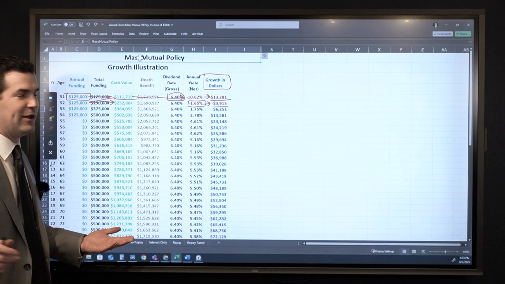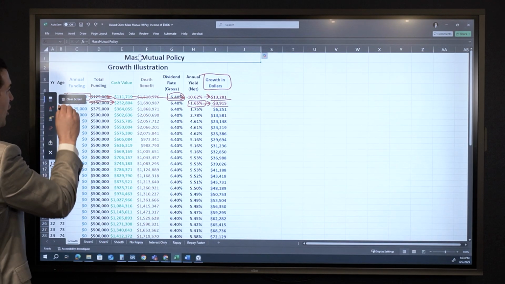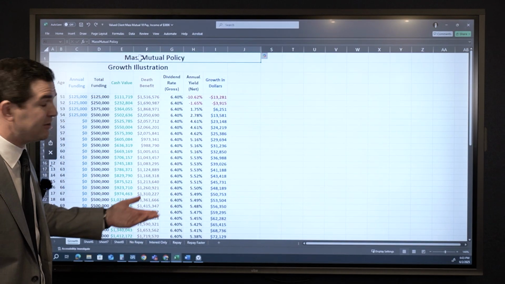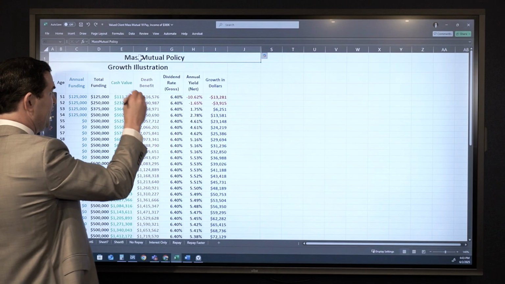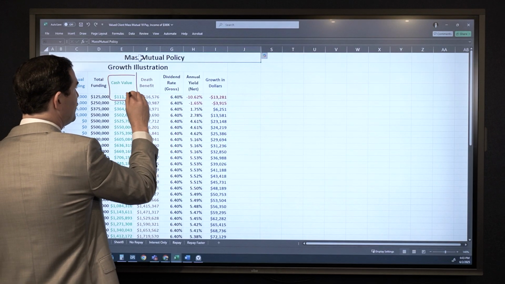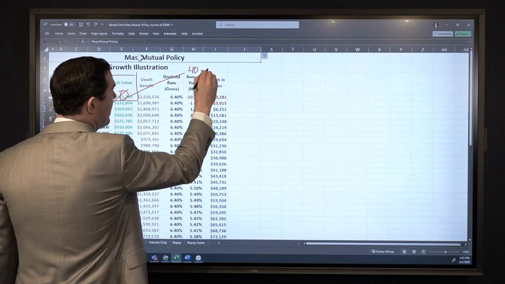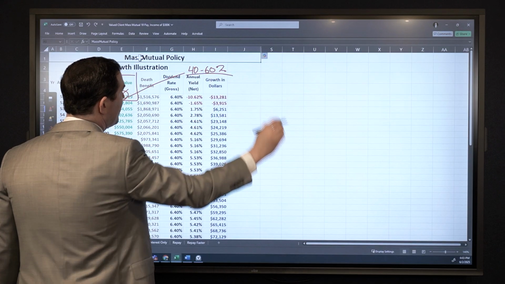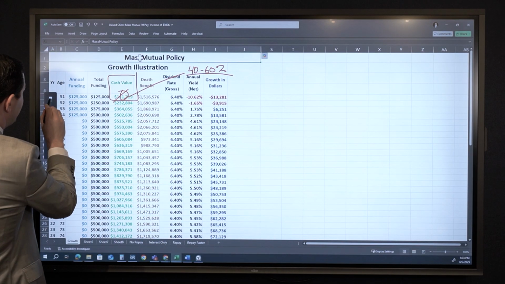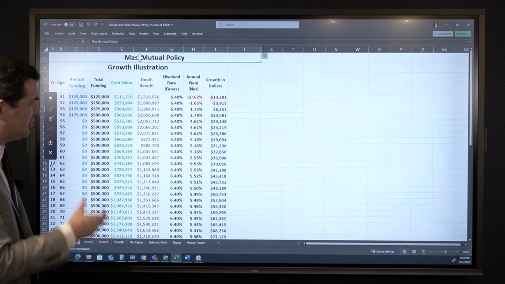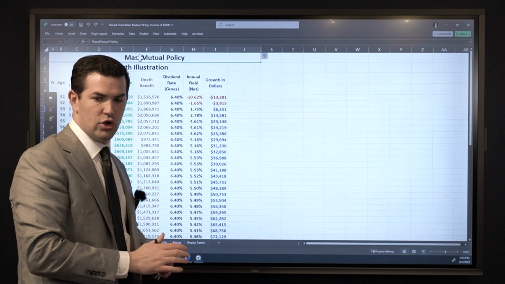This is the drawback, by the way, to whole life insurance. The early years are the worst years, no matter how well it's designed. If you've ever seen cash value life insurance before, a lot of times that first year cash value is a 0, or sometimes it's somewhere between 40 and 60%. It's like, no, max it out to have as much cash value as possible. It's exactly what corporations do. But looking at this correctly,